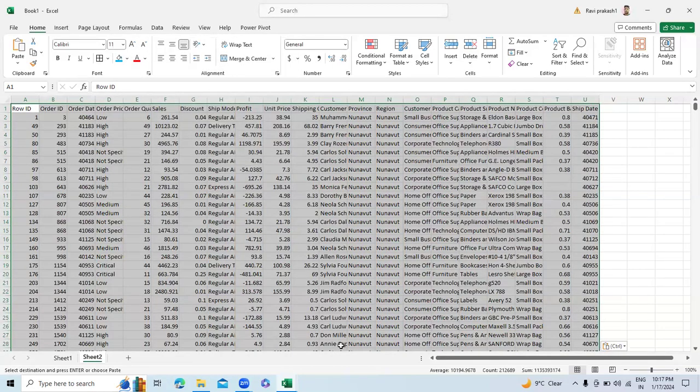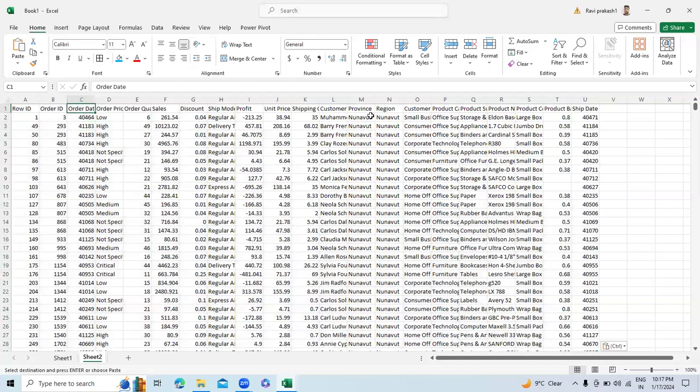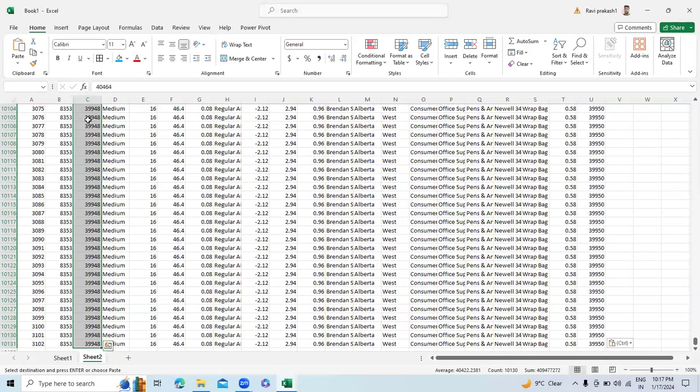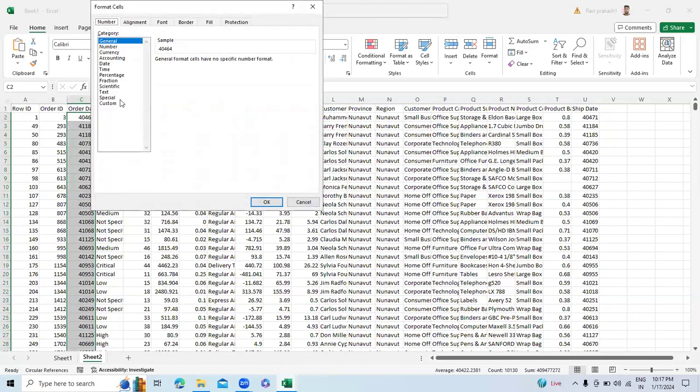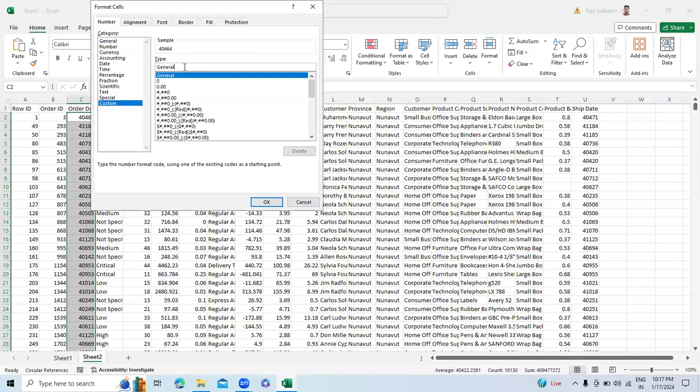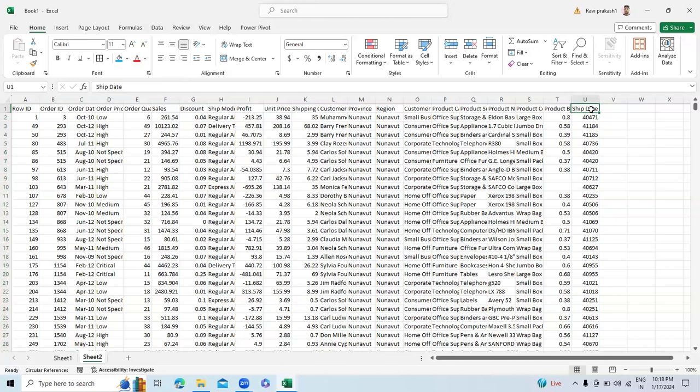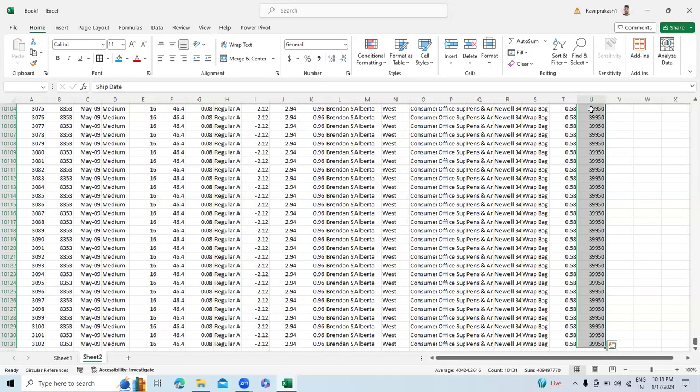Okay, so now what I want, I'll have to create here a pivot table. Here we have two columns in which date data is available. Here we have the order date and another one is the ship date, but its format is not correct. So for that I'll just format this first. Control and one, go to custom, sorry, and I'll use MMM and YY, and also I'll use the same format for this one. I'll press F4